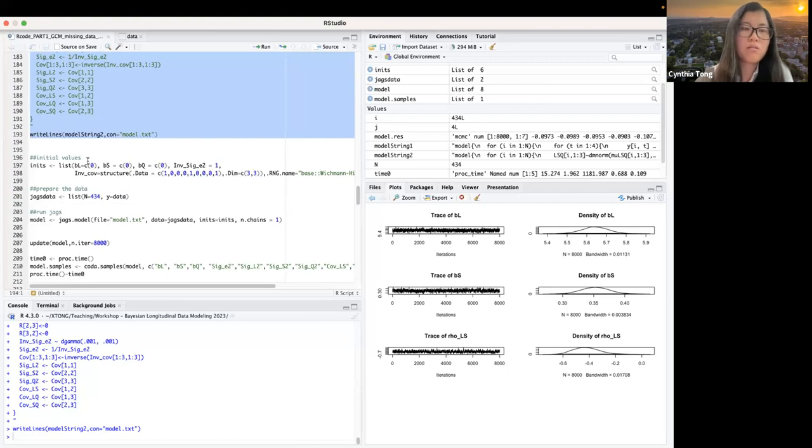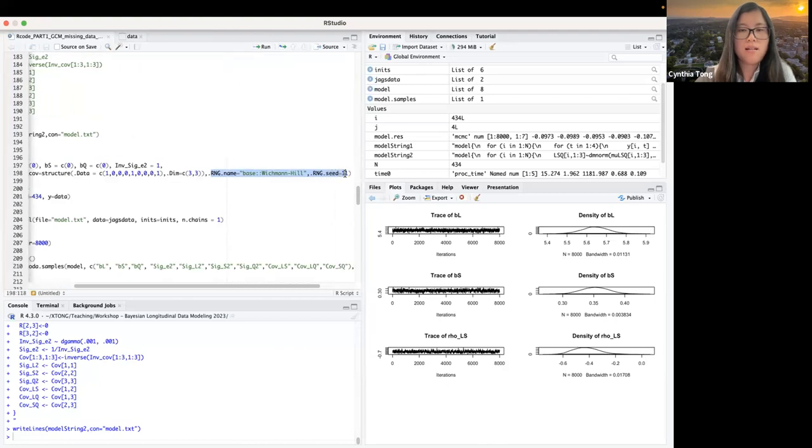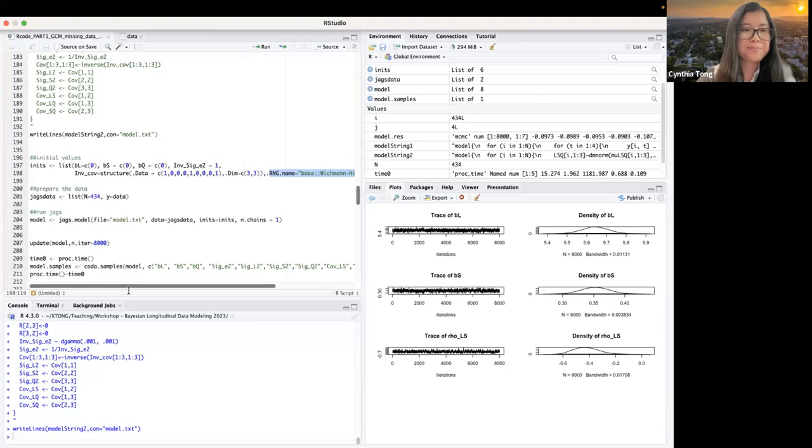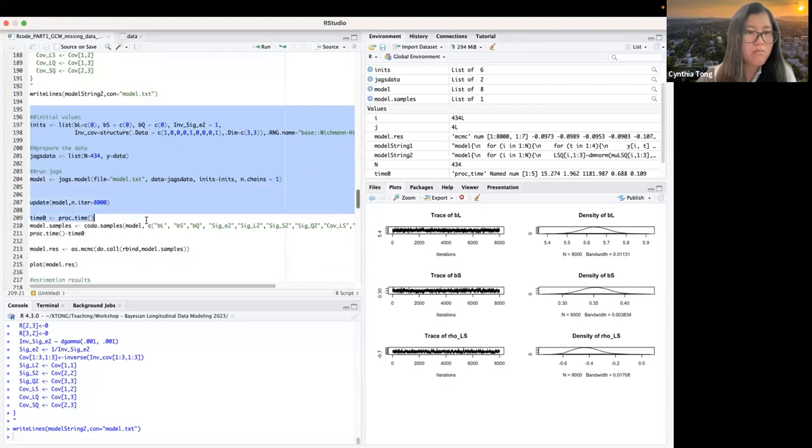And then we have the inverse of the covariance matrix set like this. And again, remember to set the random number generator and set the seed. Okay. And then we can run this again.